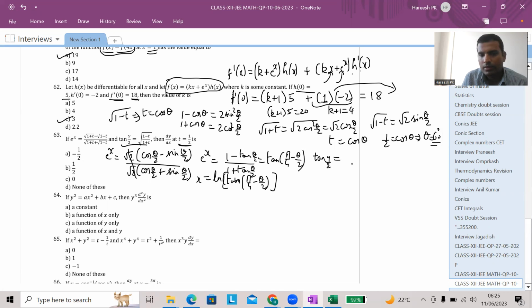I can write tan y by 2 as root of 2 sine square theta by 2 by 2 cos square theta by 2. So I'll end up getting tan y by 2 as tan theta by 2. That means I can cancel the tans on both sides, can cancel the half on both sides. I can say y is equal to theta. Now how to find dy by dx? Use parametric differentiation. So dy by dx is nothing but